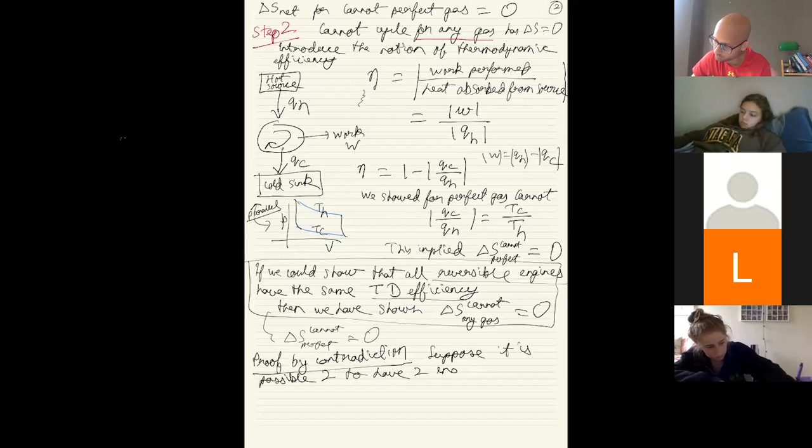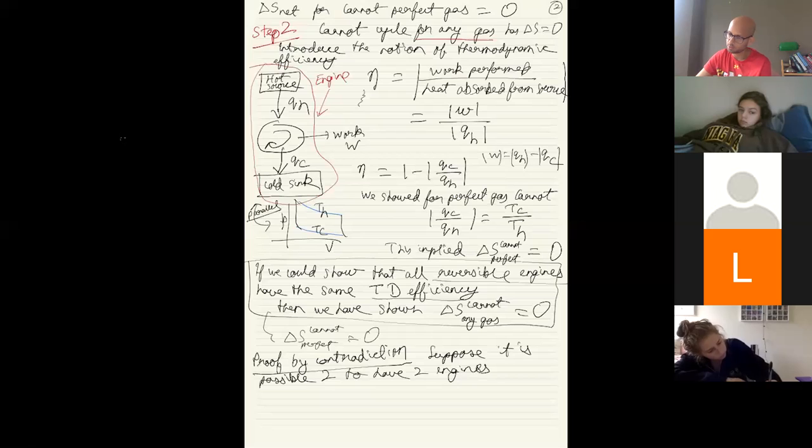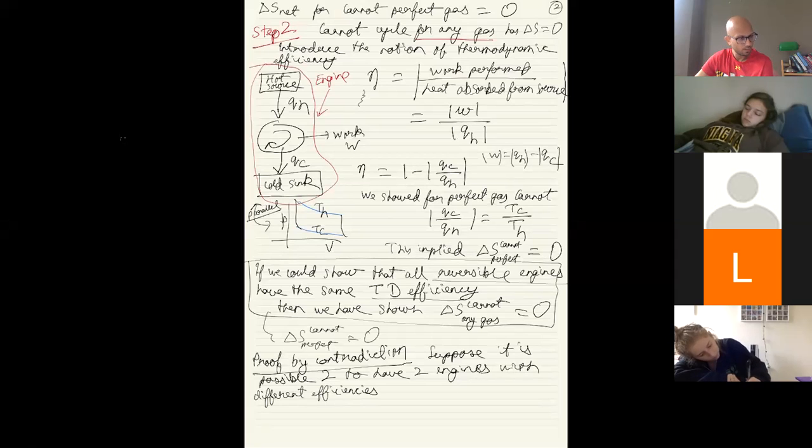Suppose it is possible to have two engines. So this over here was an engine, right? This whole contraption was an engine out of which we were getting some work. So let's say it's possible to have two engines with different efficiencies running